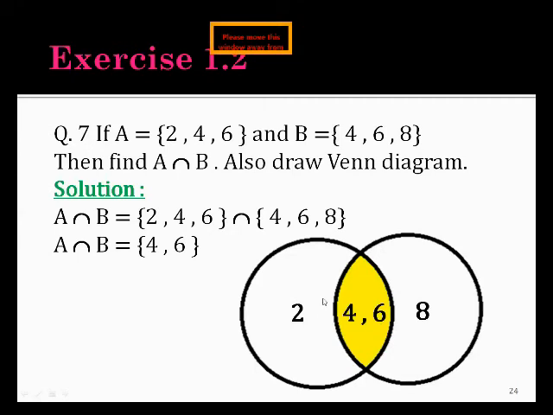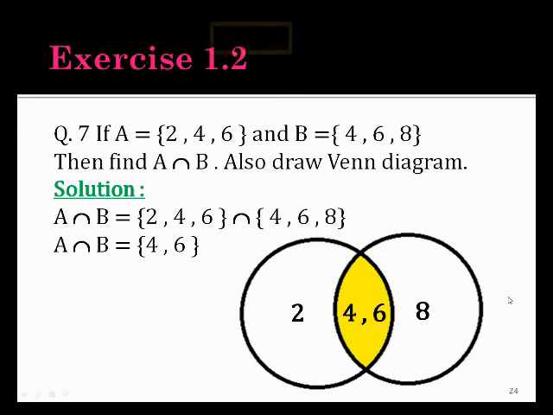As you see, students, I only colored the central part of this circle, just like 4, 6, because it shows the intersection part of this Venn diagram. I only shade the central part which is overlapping, because it shows the intersection part of these overlapping sets.